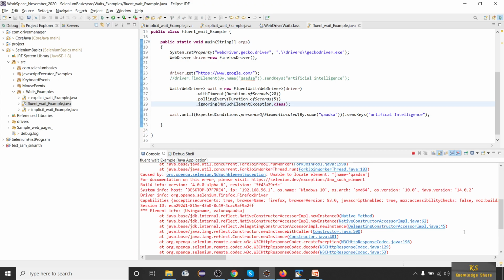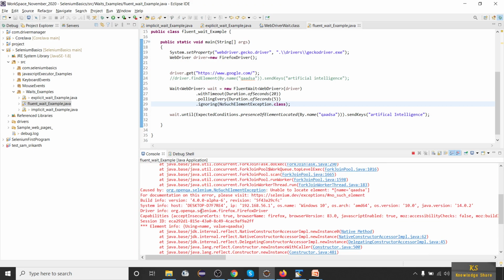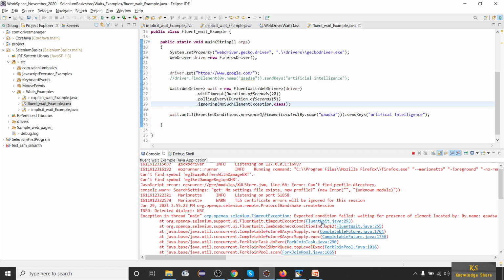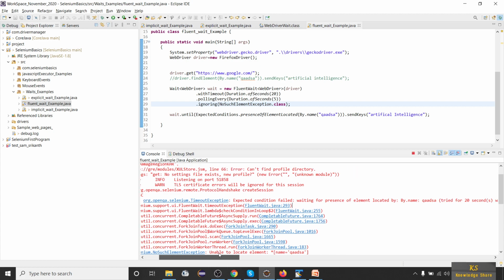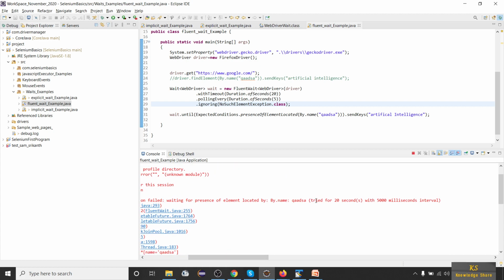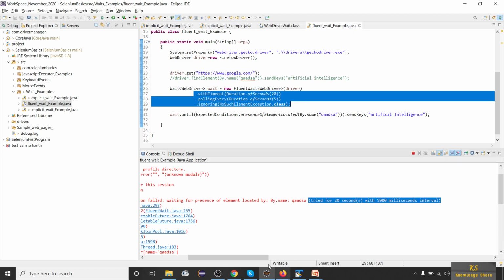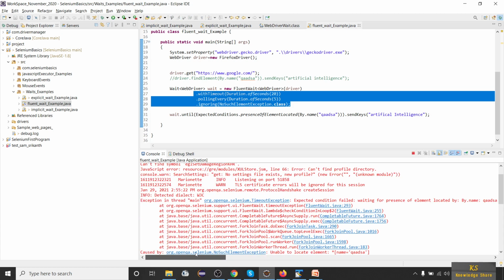See, here you can read unable to locate element, and also you can see here expected condition failed, waiting for the presence of element located by, and you can see here tried for 20 seconds with 500 milliseconds interval. That means 5 seconds interval. So this is what this complete statement is meant for.